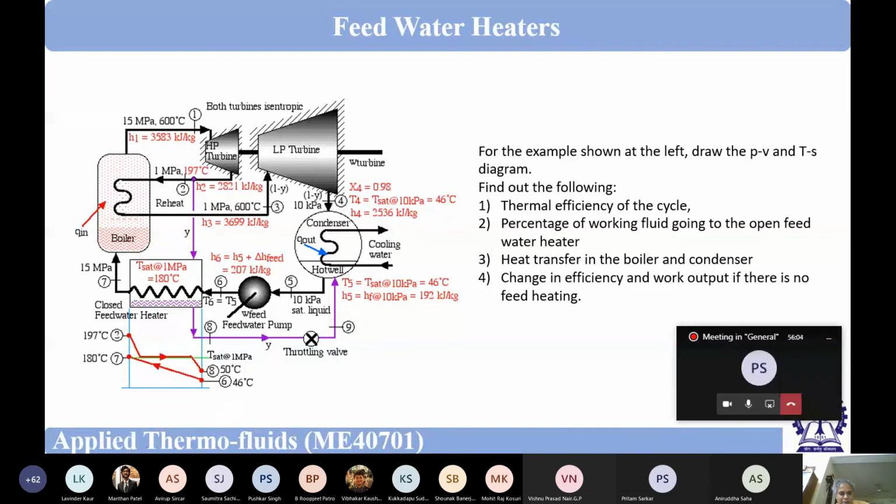So the first topic which I wanted to teach was a good overview regarding the theoretical cycle of a practical power plant. The theoretical cycle of a practical power plant. So almost we are coming towards the end of it. Some problems I will definitely try to give you before the next class, along with answers as far as possible. So try to solve those problems.